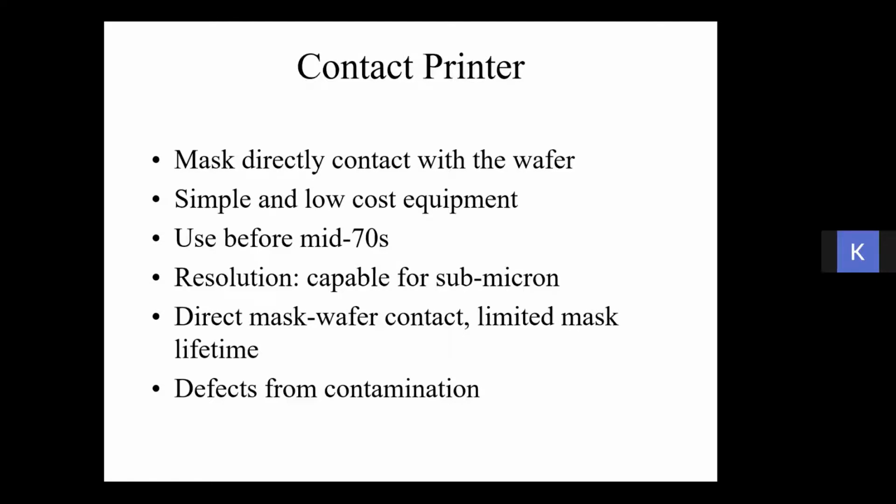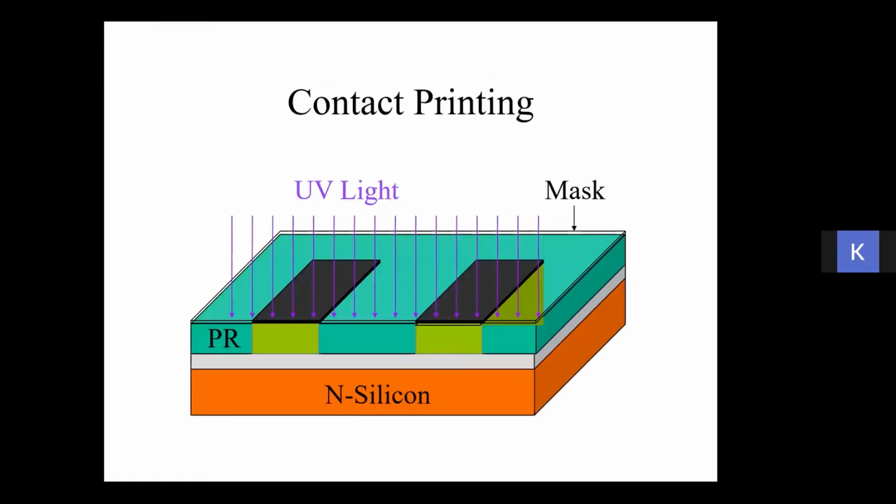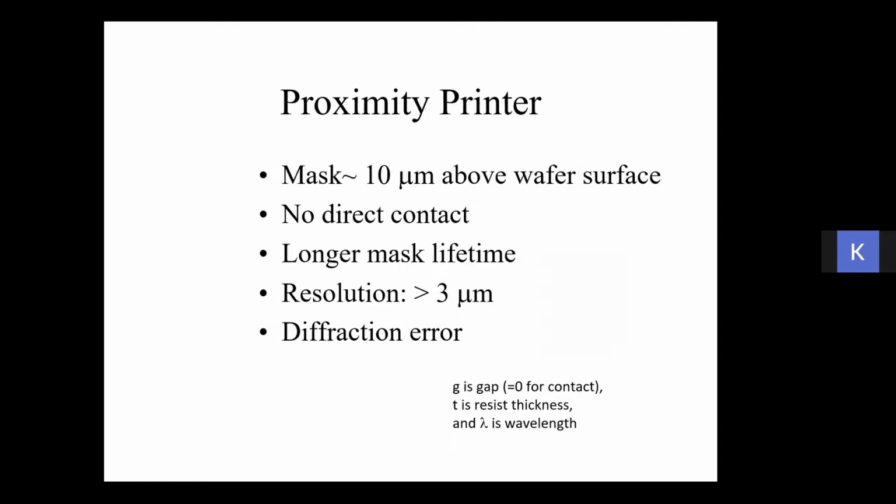But the main problem is, though this is simple and cost effective and having a good resolution, that creates a lot of defects because your mask and the wafer are in contact. Since these are in contact, both the mask degrades and also the polymer which is coated on the wafer degrades, and that causes defects due to contamination. So that's why later on people shifted from this, which is basically the contact printing, where you can see the mask is just sitting on the photoresist. So that's why people go for proximity printing.